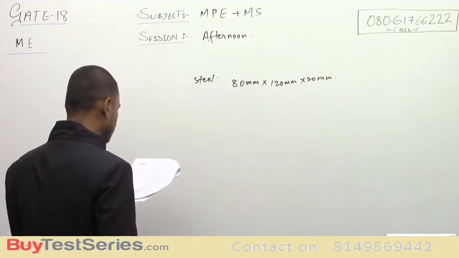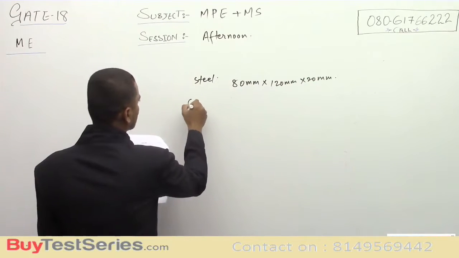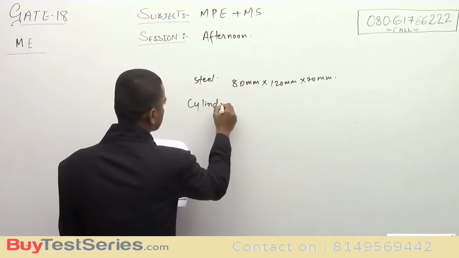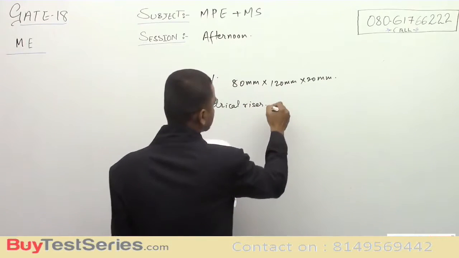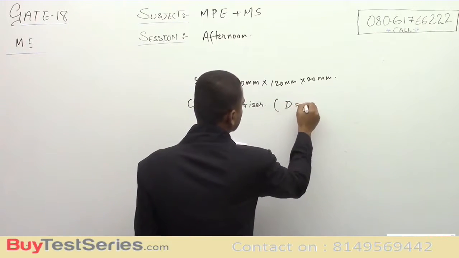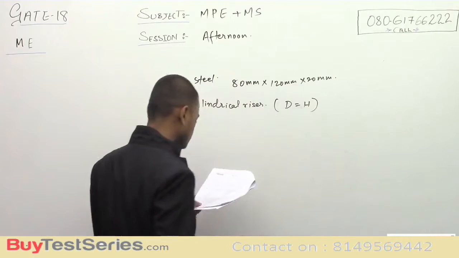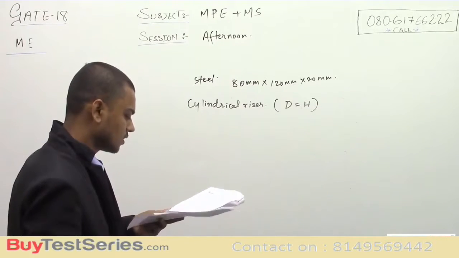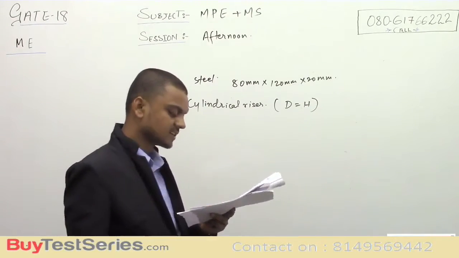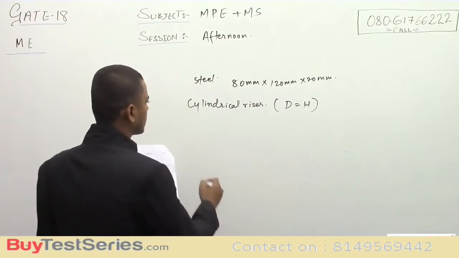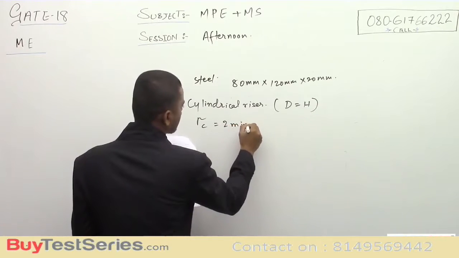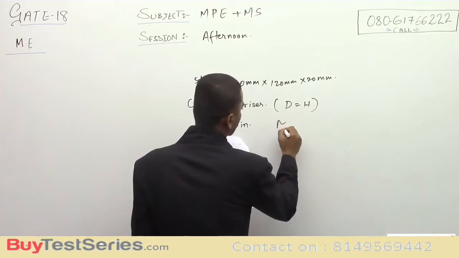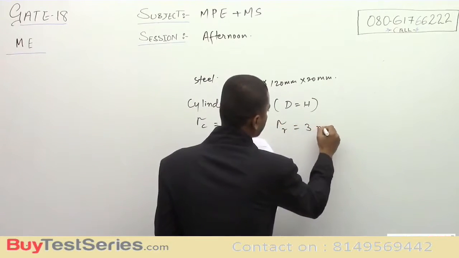Now for that steel plate, we have to design a cylindrical riser, and it is given that diameter is equal to h for that riser. The total solidification time for the casting is 2 minutes, and the solidification time of the riser is 3 minutes,